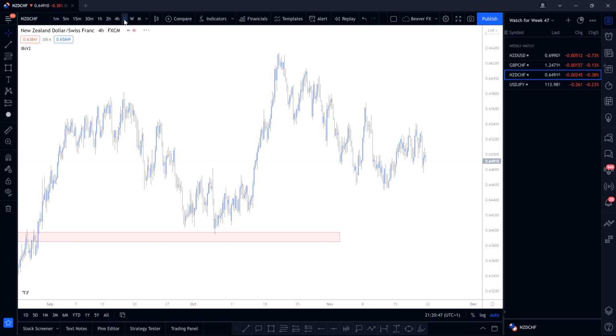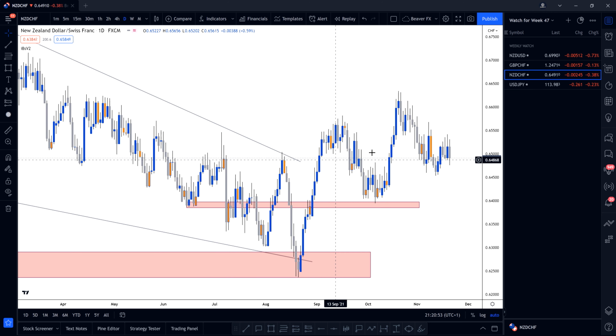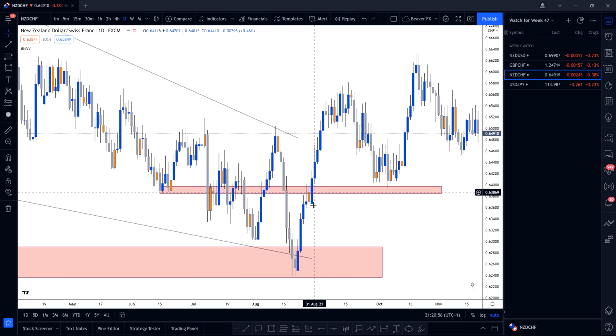Now let's go to the daily time frame. I think it's a bit clearer there. Let's see, we have some consolidation here. We had a sharp move up, then a slowdown movement here, before the movement to the upside. So at this point in time,